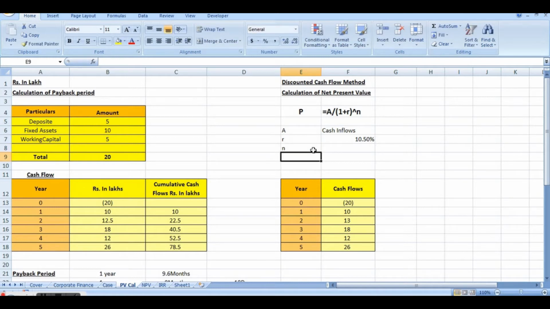And N is what? N is the period. 5 years is the period for this case, but when we convert the present values, we will not use this 5 years, but we will use appropriately. We will see what we will use. Now when we want to convert these cash flows into present value, how to do it? Present value.